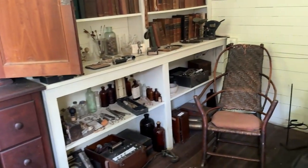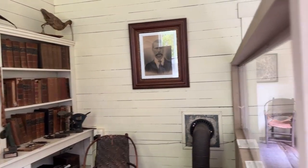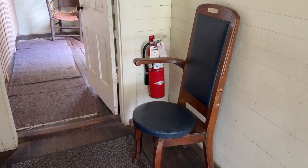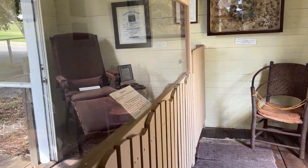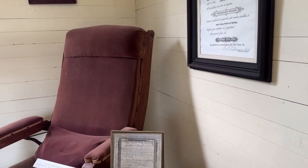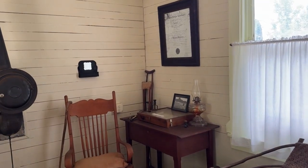Could you imagine sitting in that chair and the doctor pulling your tooth? Because they didn't have painkillers like we have today. What a neat looking chair that is. I don't think I've ever seen one like that before. This was the examination room. Let me get over here. And I don't know that they had x-rays back in them days. I guess they just put you in this room and